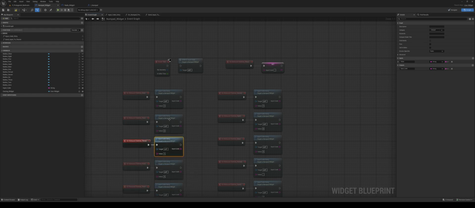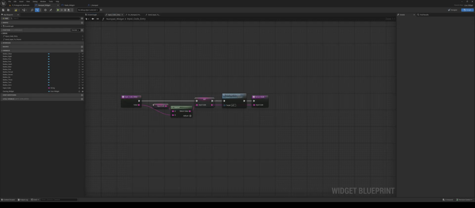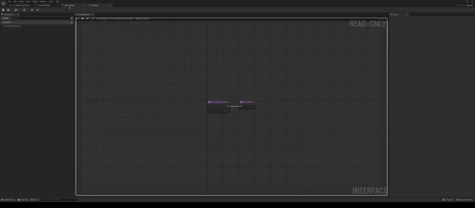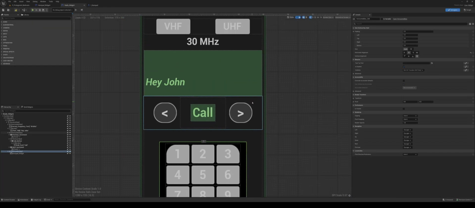It's updated each time to append each one of these values on. After it's updated it, it then checks to see if it can send it to the parent, well, a parent a few abstractions higher up. Then if it can, true, then it sends that input code that's just been updated to the interface. We then go to the radio widget,